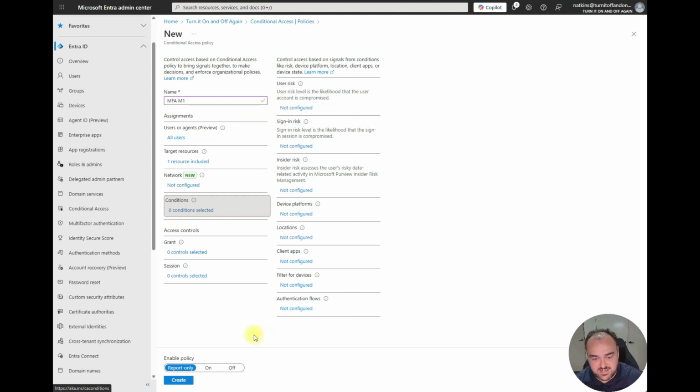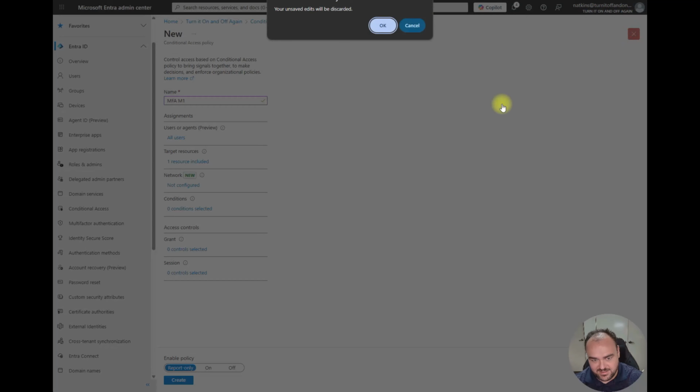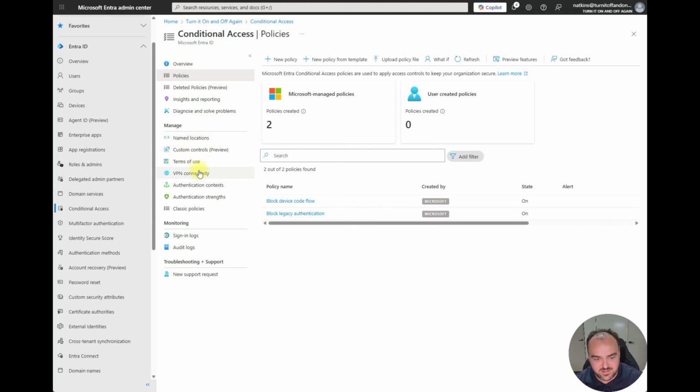Conditions, we won't select any of these for this particular policy, but access controls we will. So we want to require MFA. But as we saw before within Microsoft, what we actually need to do is configure some authentication strengths, because we saw in that previous web page that there were some that were not allowed. So what we actually need to do is close out of this and go back in time and create